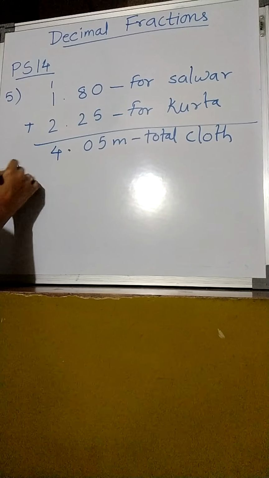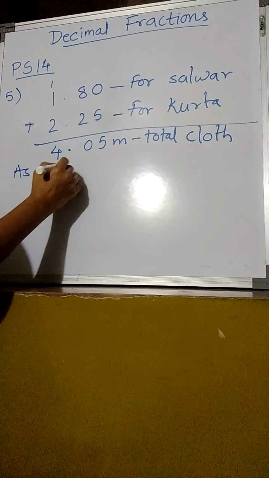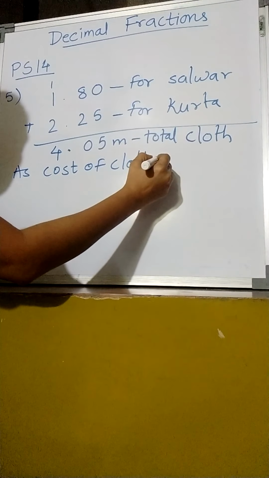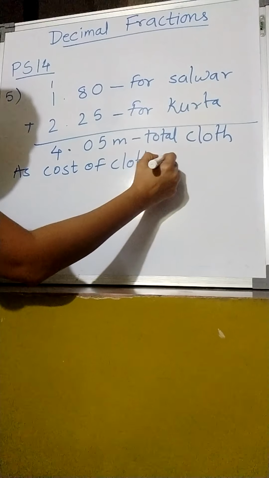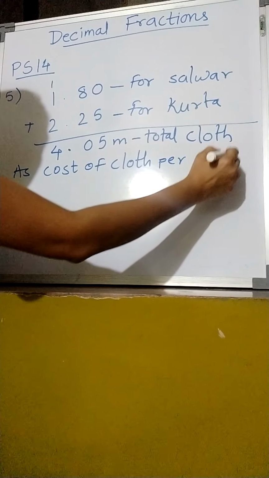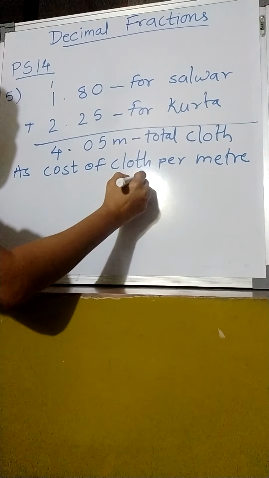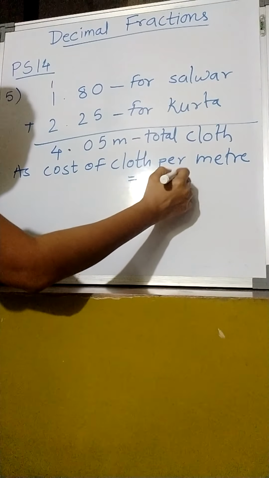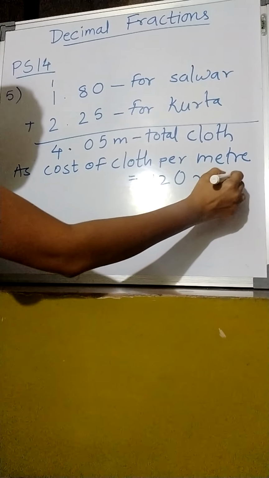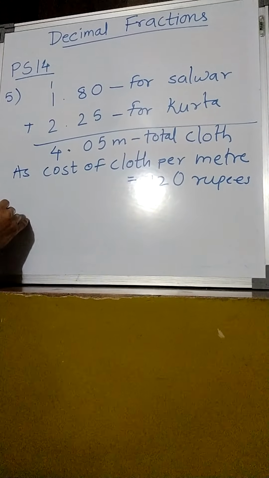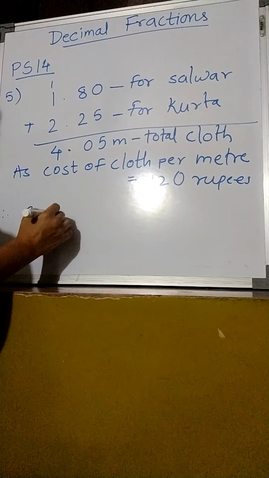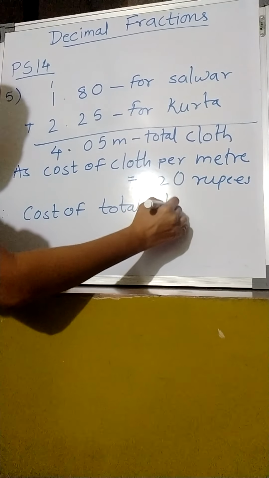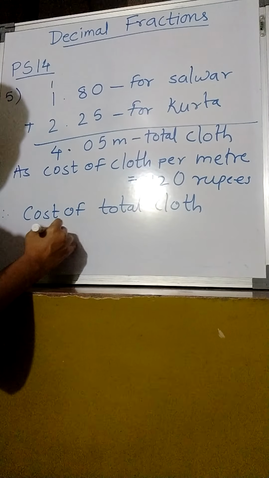The cost of cloth is per meter. How much is it? 120 rupees. Right? Therefore, cost of total cloth is equal to